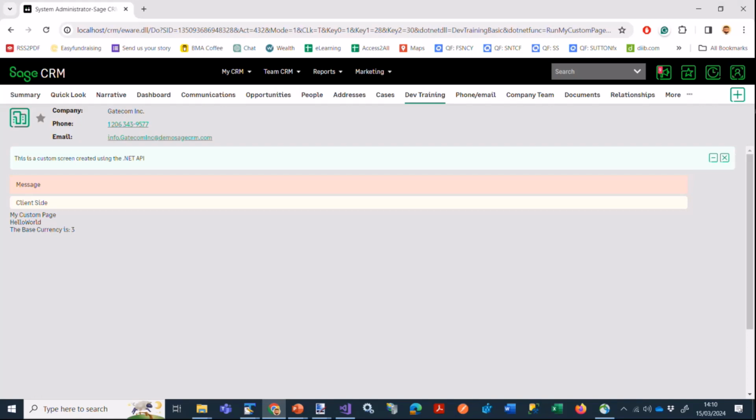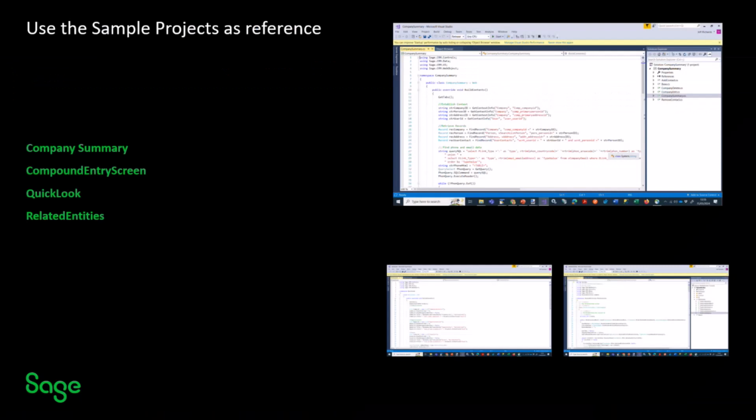Now, this is just a beginning. This is really all that we can do in a session like this, is to start the process of explaining the power of the .NET API. We'll be developing this a little bit further next week. What I want you to do, though, is always remember that we provide everything that I've covered today and more. You can start to see for yourself how the .NET API is used, because we've provided some